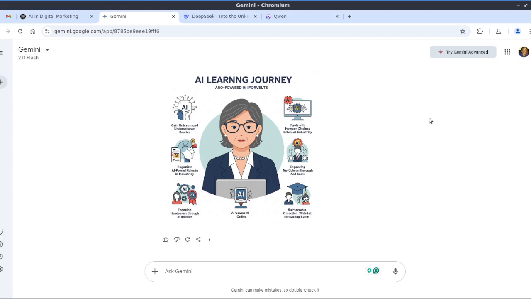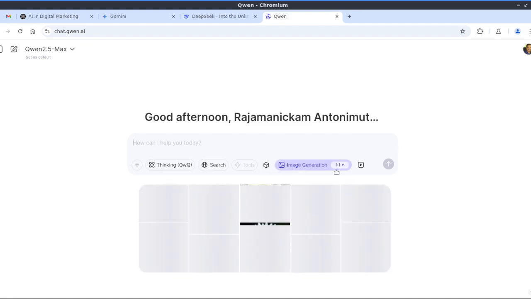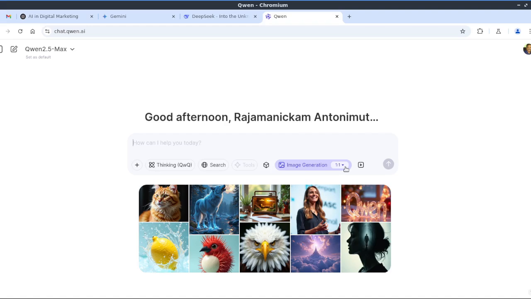And if you are creating video, YouTube video, you can create thumbnail images from here. Okay, here you have to provide the aspect ratio in some places, but in Q1 it is having that option. Like in case of image generation, it is asking the aspect ratio. So in case of YouTube thumbnail, you can provide 16:9.